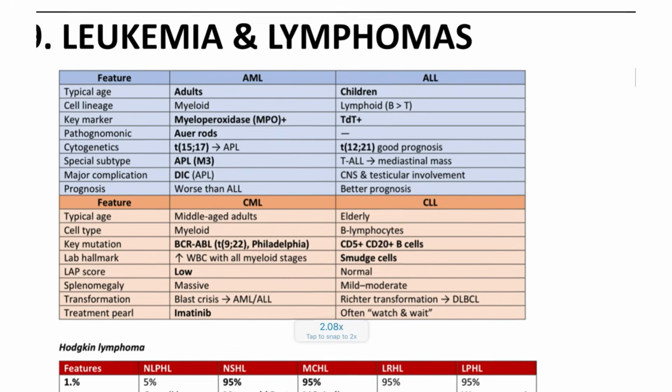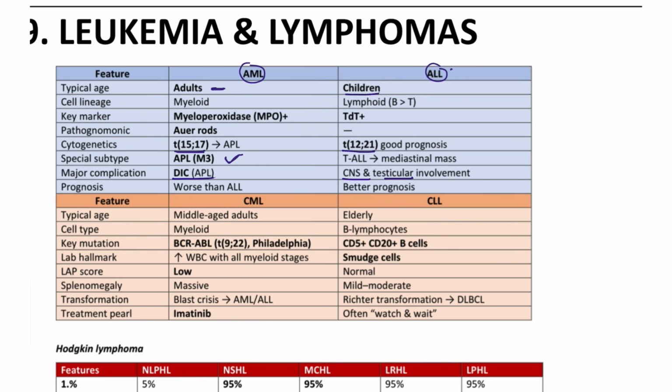Next, moving on to AML, leukemias. Frequent questions can be expected in leukemia patients. So first, the patients who are suffering from AML, the myeloid and the lymphoid. The myeloid will be most commonly seen with adults. And the most common among them is the APL, M3 type. And the cytogenetics involved is 15 and 17. Next, coming to AML, the most common complication is DIC and the